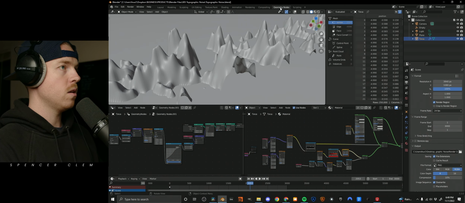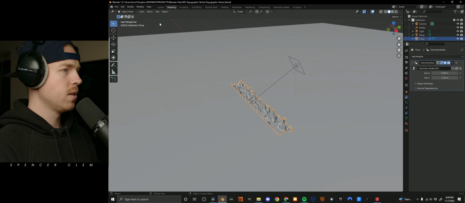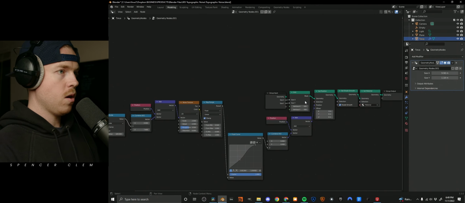And then, oh, this is already set up in geometry nodes because I'm lazy. Oh no. Okay, so